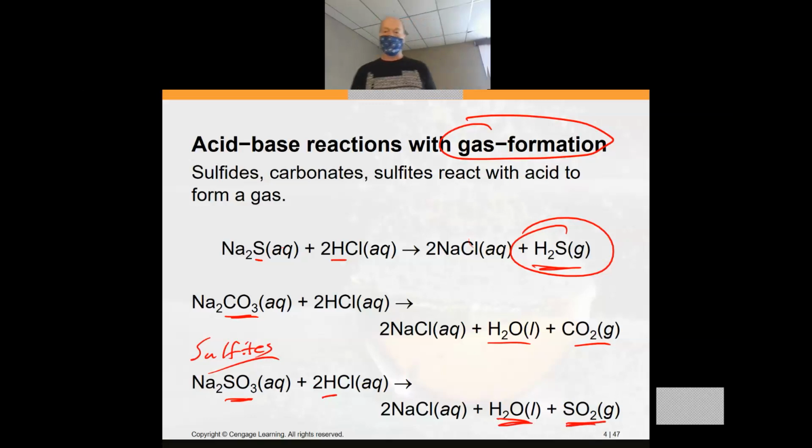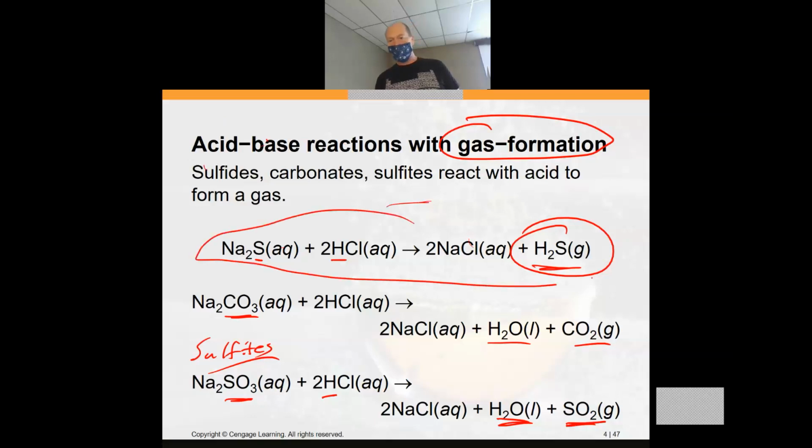All right, so the formation of the gas ones, acids with carbonates, acids with sulfide, acid with sulfites. Those are the ones that are hard to remember. If you just do a double replacement reaction, you will get a lot of credit. You will not get full credit, but you would get a lot of credit. You would get most credit for this one